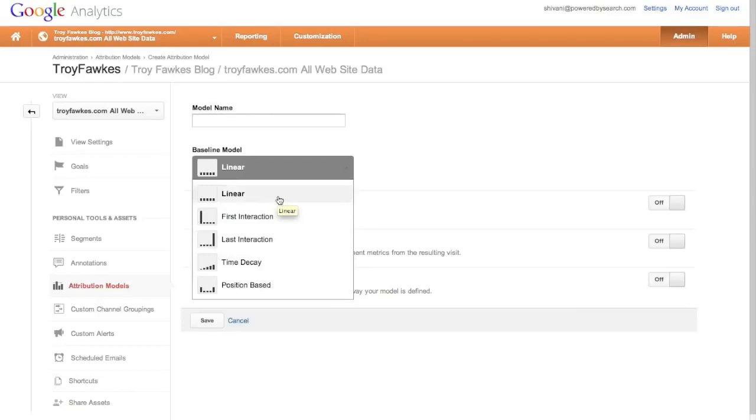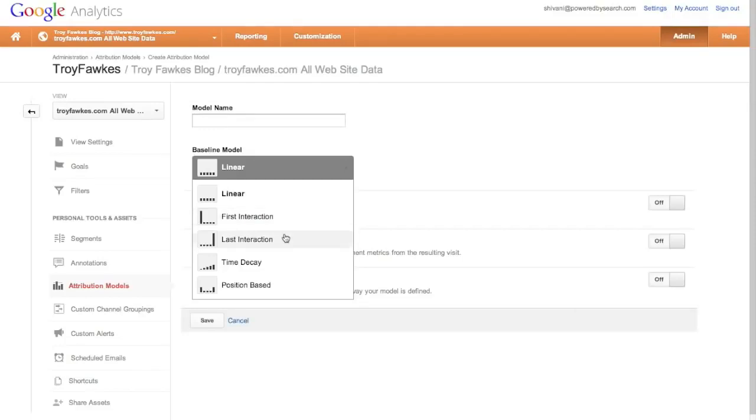In the linear attribution model, each touchpoint in the conversion path shares equal credit for the sale. So if there's a conversion path with 4 channels, each channel would get credit for 25% of the conversion. And this is a good way to evaluate the overall contribution of your channels. In first interaction, the first touchpoint receives 100% of the credit for the sale. And this is a great method for new companies who want to know how people find them the first time